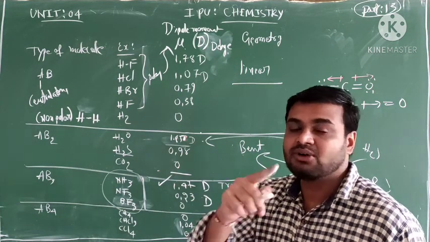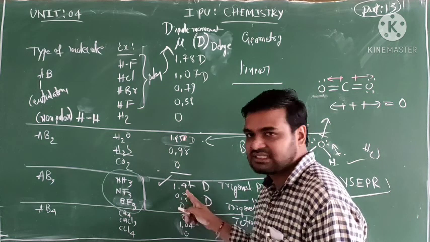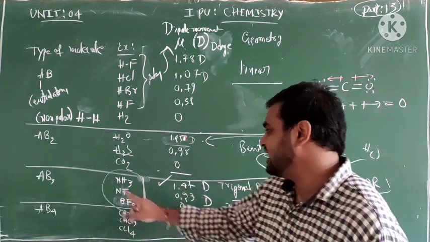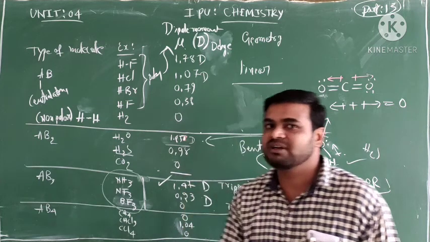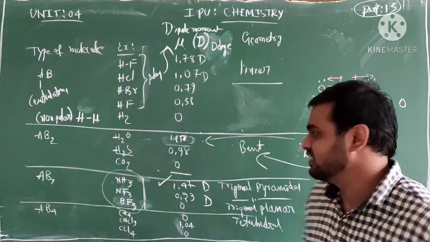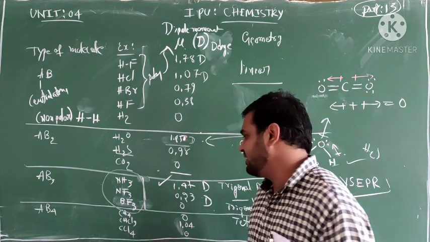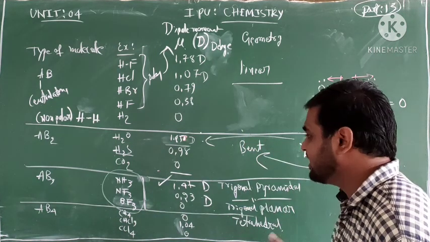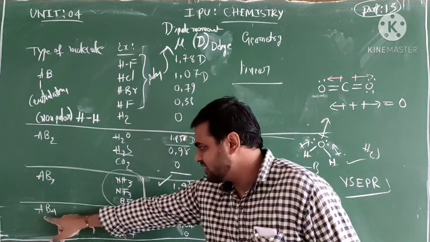Nitrogen will have a lone pair of electrons, so this value is here. The nitrogen having a lone pair of electrons will give a value. The boron does not have any lone pair of electrons, so it will be 0. Clear? Okay, next is the last one. One more is